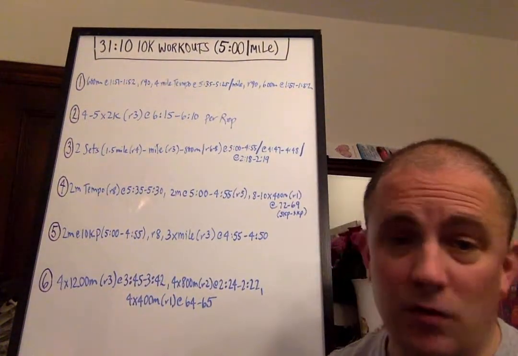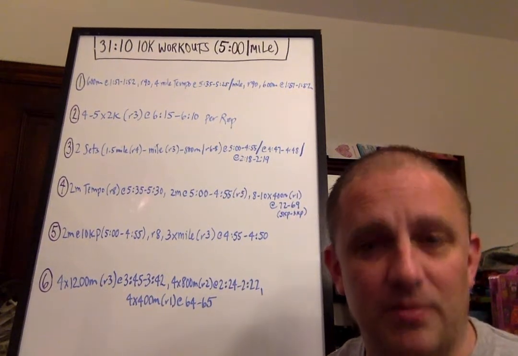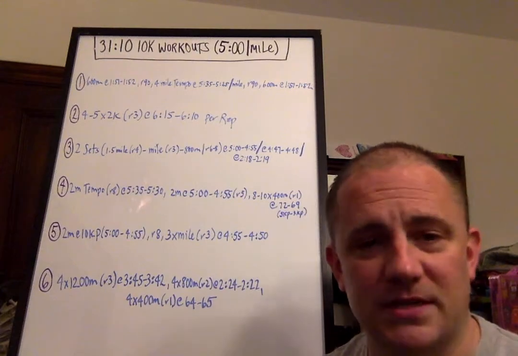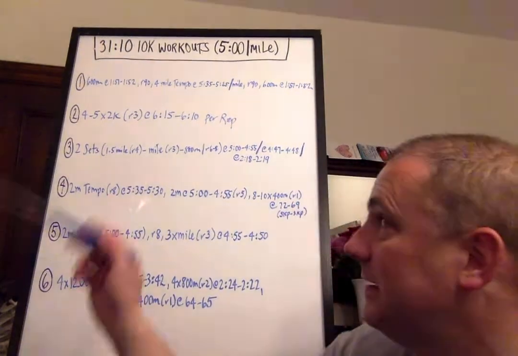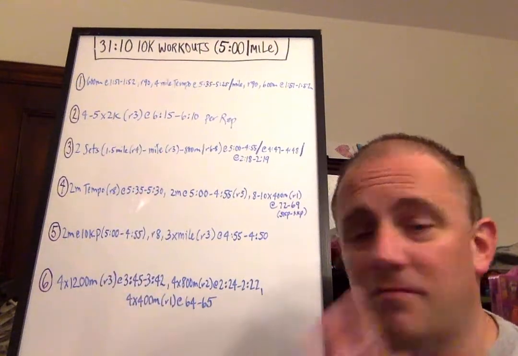You might have some people who can only handle 3 or 4. That's okay as well. That's where the individualized component comes into play. Knowing your athletes and being able to coach with your eyes as well as a stopwatch, that's where it really comes in handy. But ideally, you're building to 4 to 5 of these with a 3-minute recovery, and you're doing